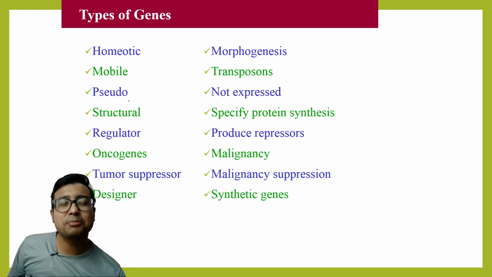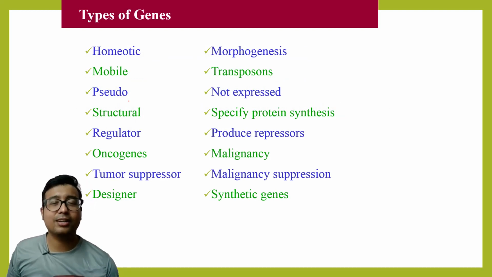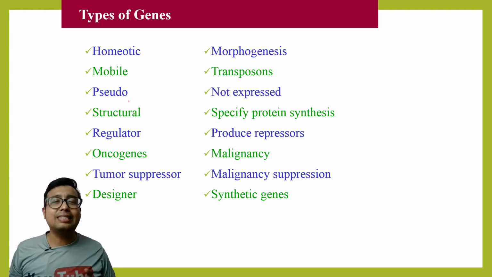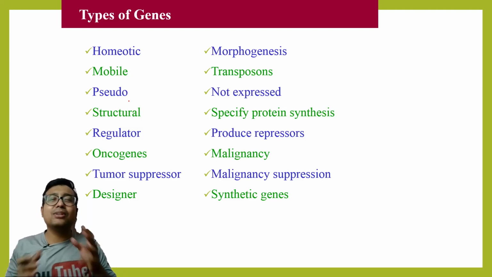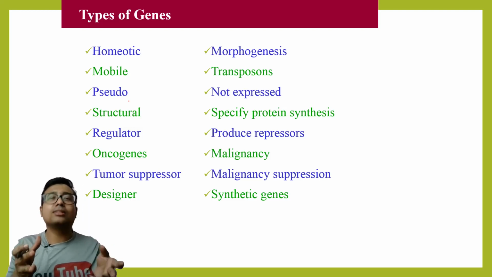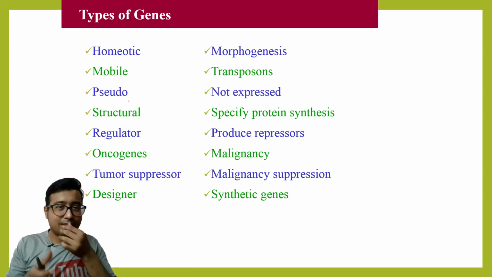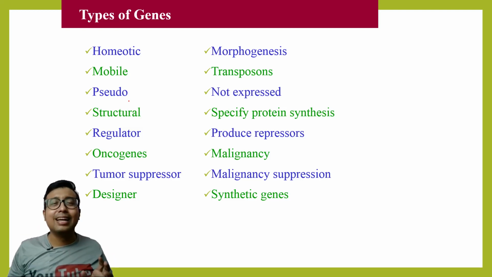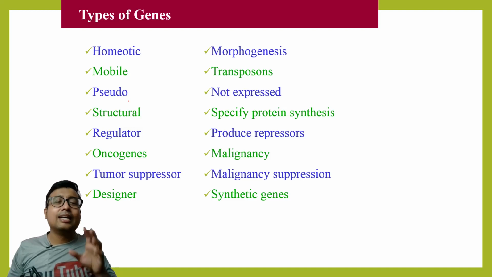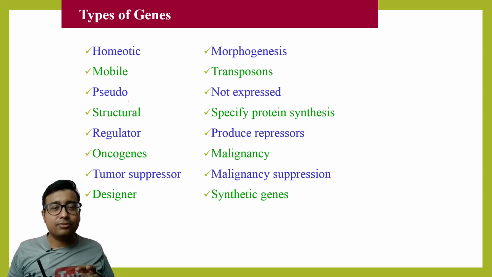Next, this is a small oral viva question. How many types of genes are there? I'm just doing a few extra things because I don't think there will be room to cover them in future classes. You'll find this list in your textbook. So just remember two to three of these.